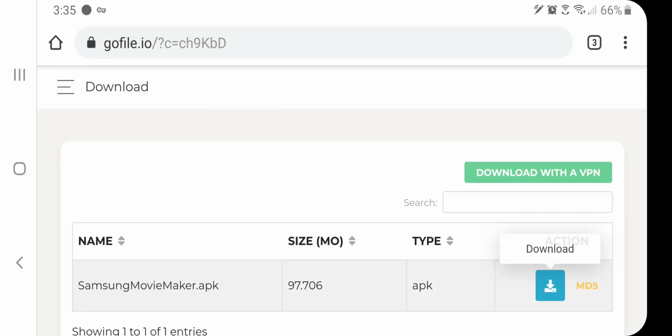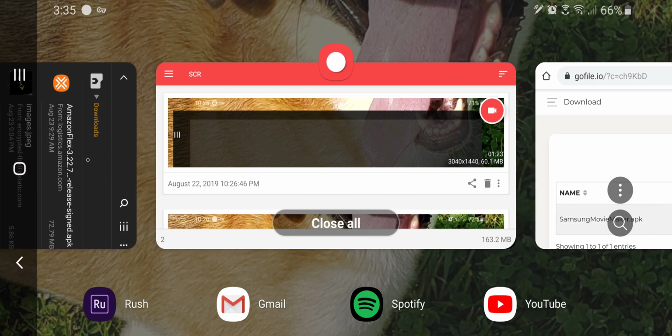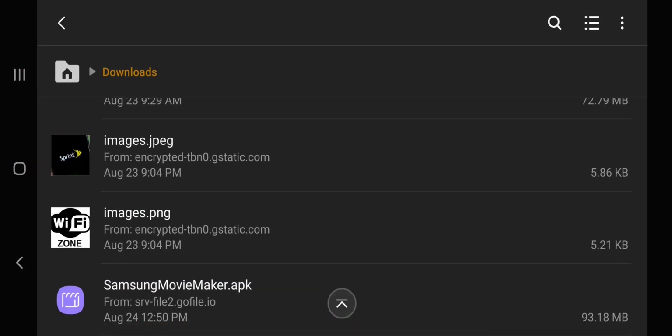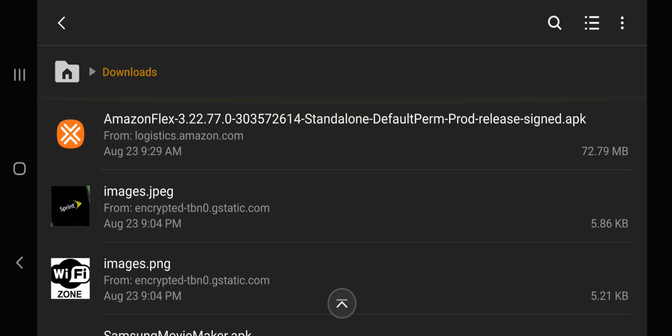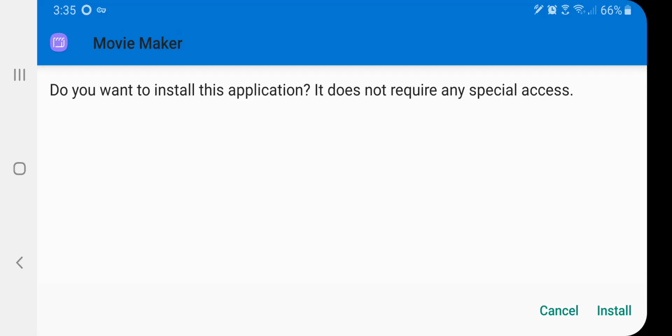And you can see it's put the 1 after this one because I have already downloaded it once before, but you'll see it will download, and then the next thing you need to do is hop on over to your File Explorer, which the Files app is included with every Galaxy device. It will be in your Downloads folder. You can click on the Samsung Movie Maker.apk right here, and you will likely get some warning